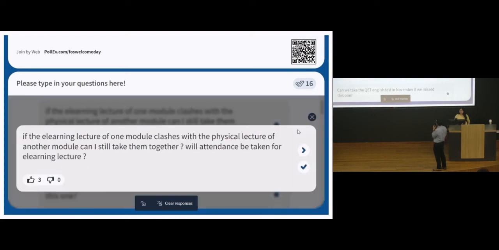If the e-learning lecture of one module clashes with a physical lecture of another, no. So if it's e-learning, unless it is tagged as no lecture, that means everything on time, on target. As long as there is a time slot associated with that class, it could be e-learning, but it could be done in a hybrid manner, meaning you may not necessarily be physically in the LT, but you need to be accessing or viewing the lecture somewhere else during that protected time slot. Then you are not allowed to register for another course that has a physical lecture during the same time slot. It's still treated as a timetable clash.